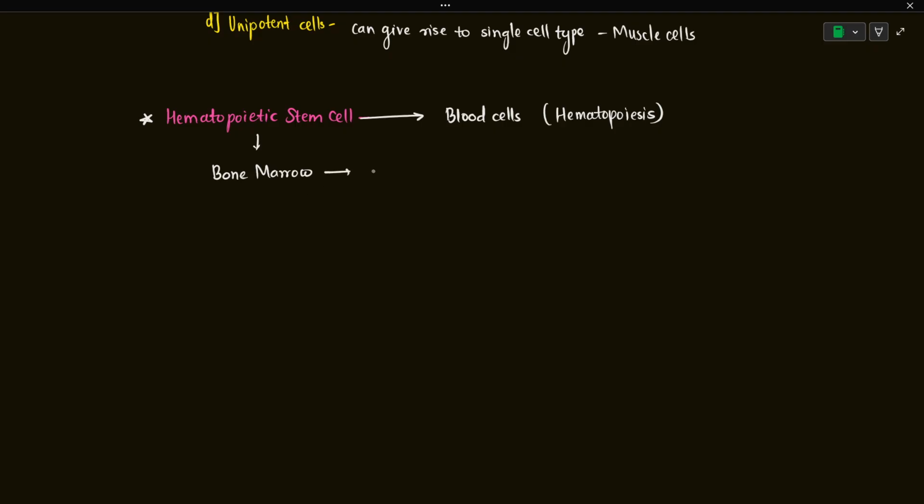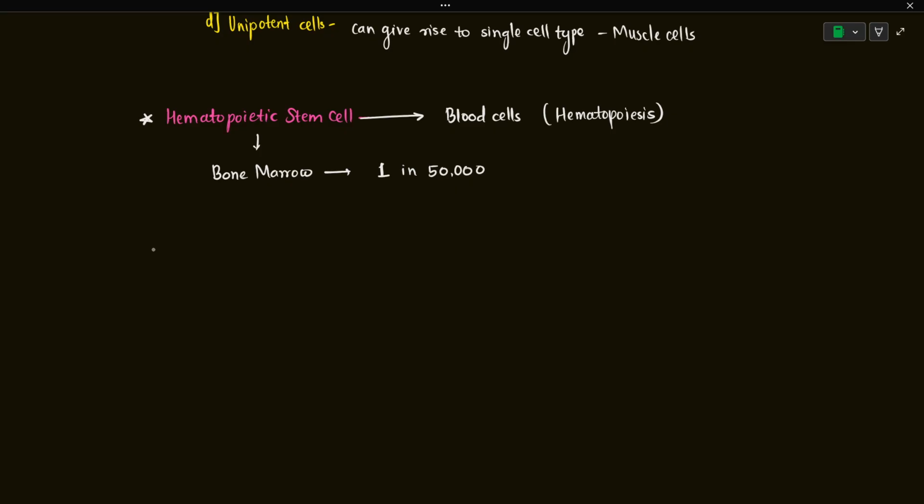A single hematopoietic stem cell is found in every 50,000 bone marrow cells. If you take a pool of, let's say, 50,000 bone marrow cells, a single hematopoietic stem cell exists in it. So their strength in the bone marrow is very low. They are very rare, and that is why the isolation of hematopoietic stem cells was a real challenge